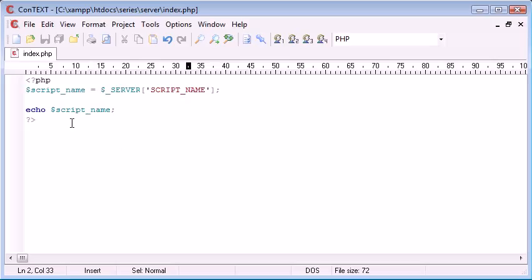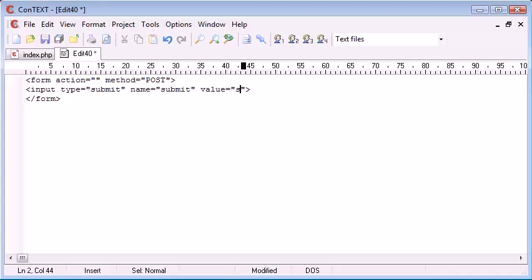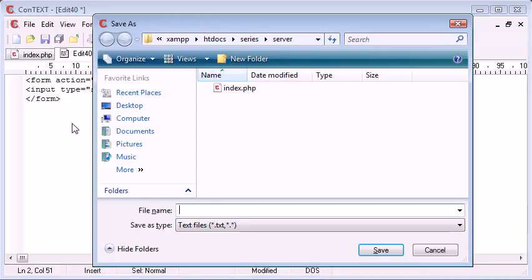For example, let's create another file and we'll put a form in. And we'll have the action of this, well, we'll leave the action out, that's the point. So method equals post. And in here we'll just create a submit button. Type equals submit, name equals submit, and value equals submit. Now I've given this a name so we can keep track of when this button has actually been pressed. So let's save this as